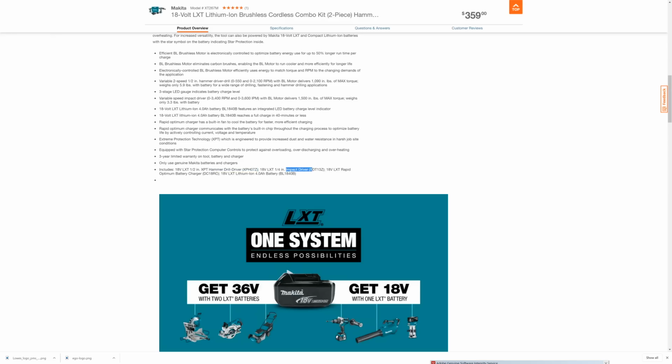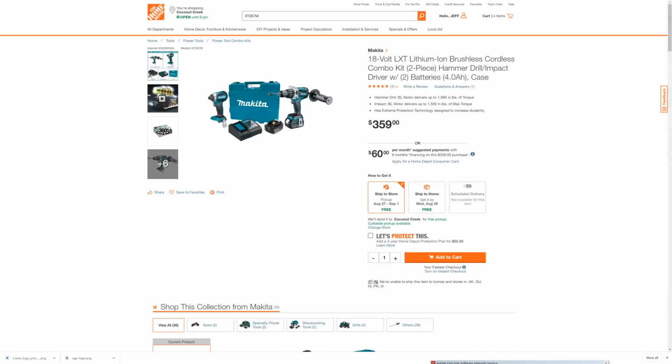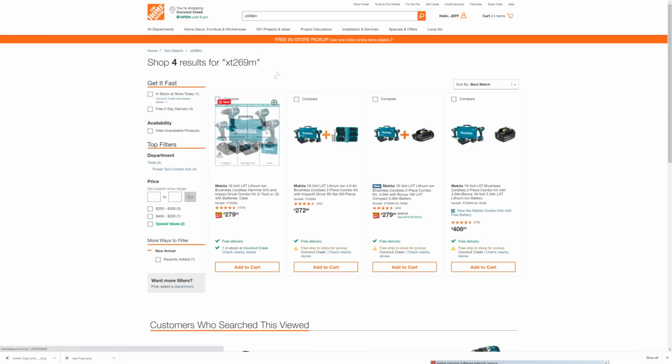So you want to make sure, is that the drill you're specifically looking for? And then the impact driver is the XDT13Z. Then the battery is the BL1840B. Why are we bothering with this then? Well, if you come over here, if you're willing to change that kit number from 267 here to 269, yeah, with the M on there, so if you're just willing to change that kit number from 267 to 269,